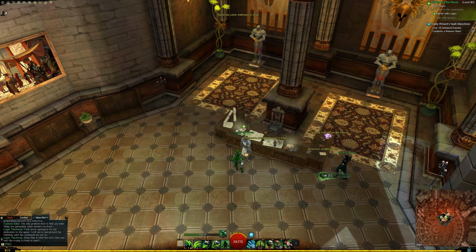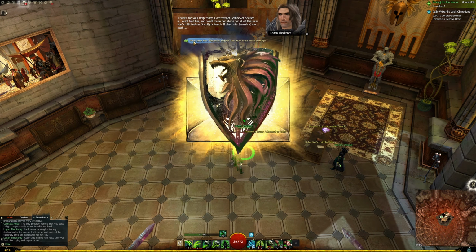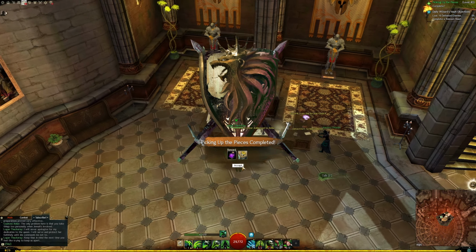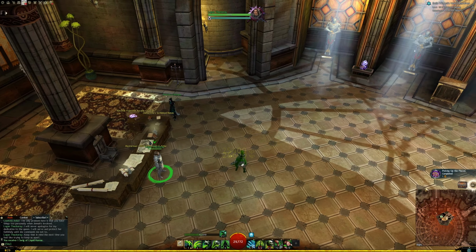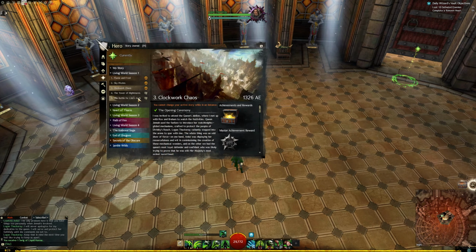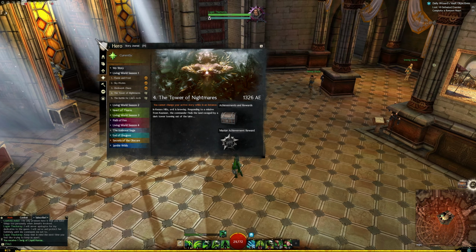And then I think that is everything from Investigative Study 3, which just leaves us with finishing up this mission where we can talk to Logan, where he says thanks for your help today, and hopefully Scarlet will not do any more damage. And it looks like Logan is continuing to work with Marjorie, and we can accept this. And we have successfully completed Clockwork Chaos, which means there's only 2 more missions in Living World Season 1 left